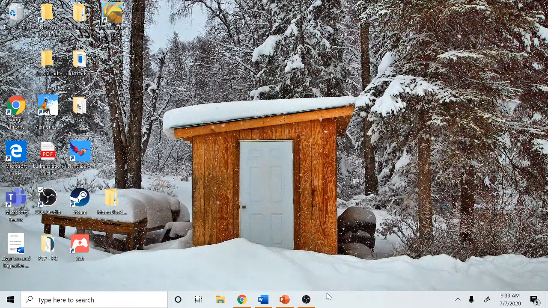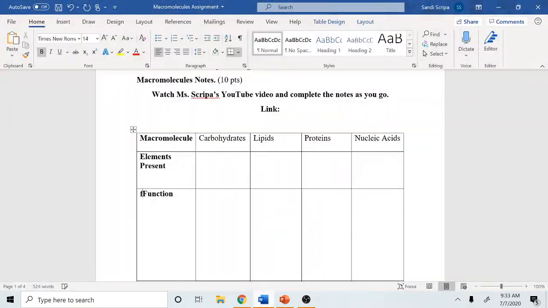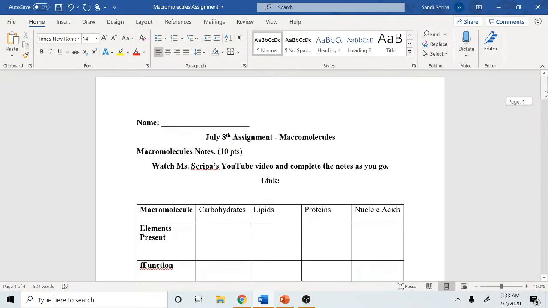Hi, good morning, everybody. Today's lesson is going to be about something that we call macromolecules. And I apologize if this is a lot of information at once. It is kind of tricky to fit everything into one summer, so I'm going to do the notes along with